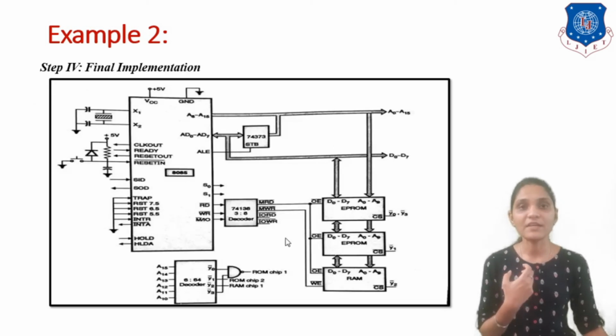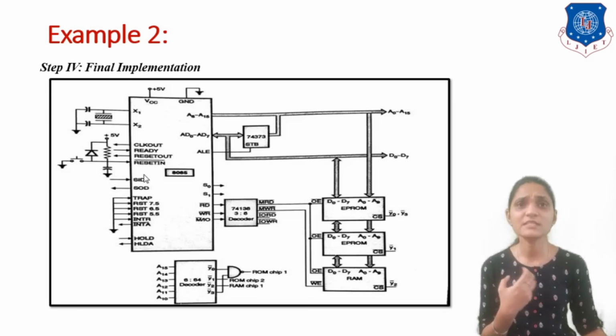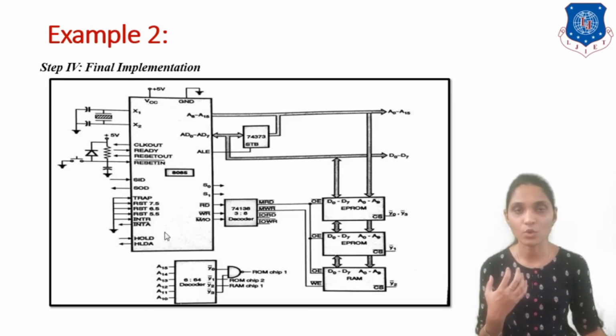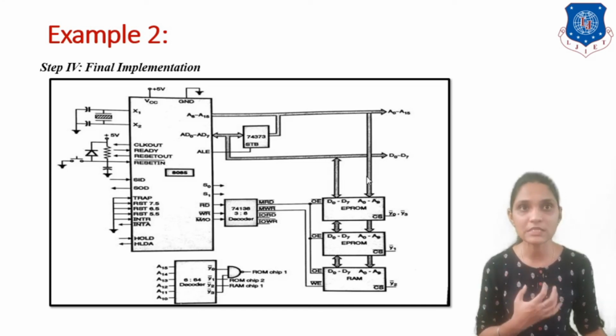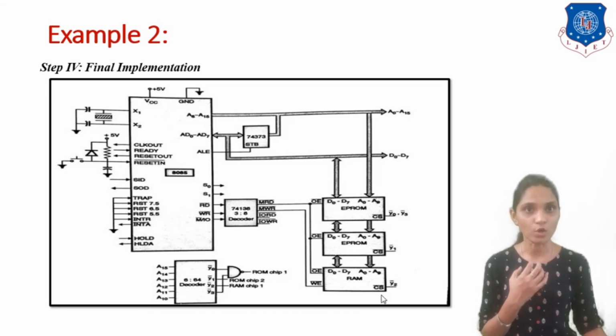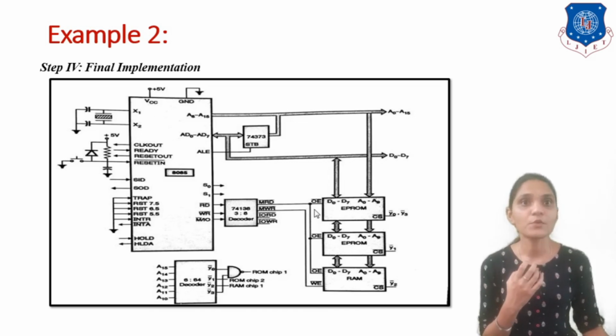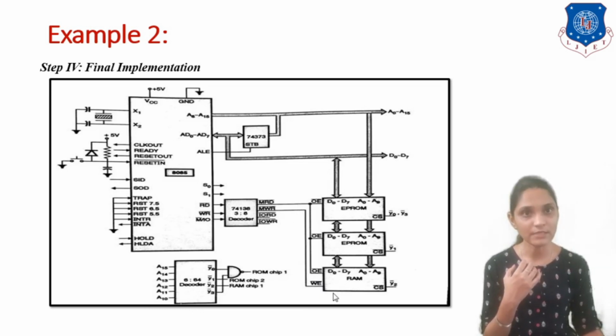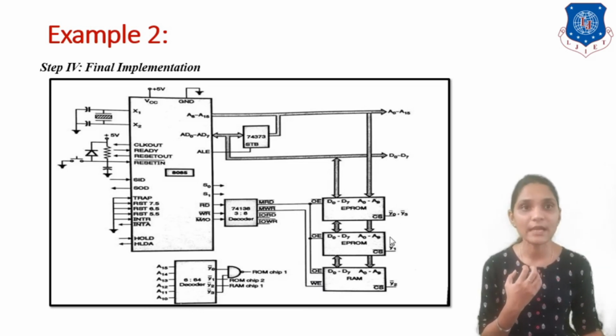Okay, so the implementation we can give it like this. And this is similar to what we have used in the previous case. These all things are similar, but here we have used 3 chips. Okay, from 3 chips, first let me see what are the address lines. That is A0 to A9, that is 1 kilobyte. So we require 10 lines A0 to A9 that we have provided to all of these chips. Okay, for EEPROM we are providing only the output enable buffer control signal, that is memory read. Okay, but for RAM we are providing output enable as well as the write enable, that is memory read and memory write control signals.